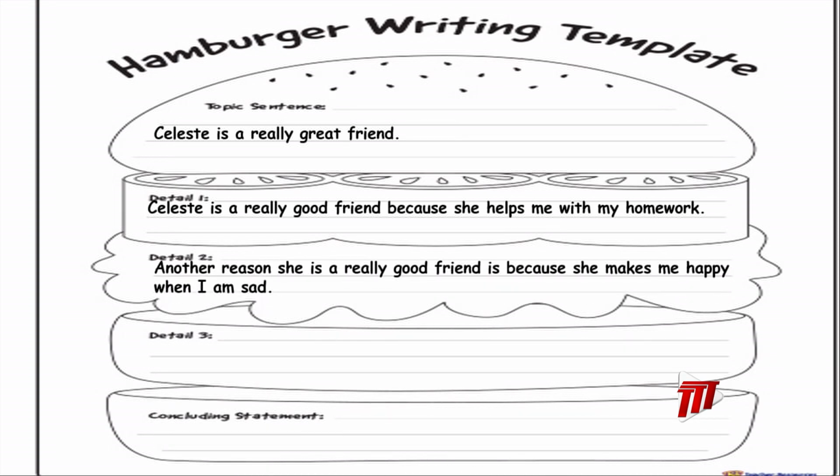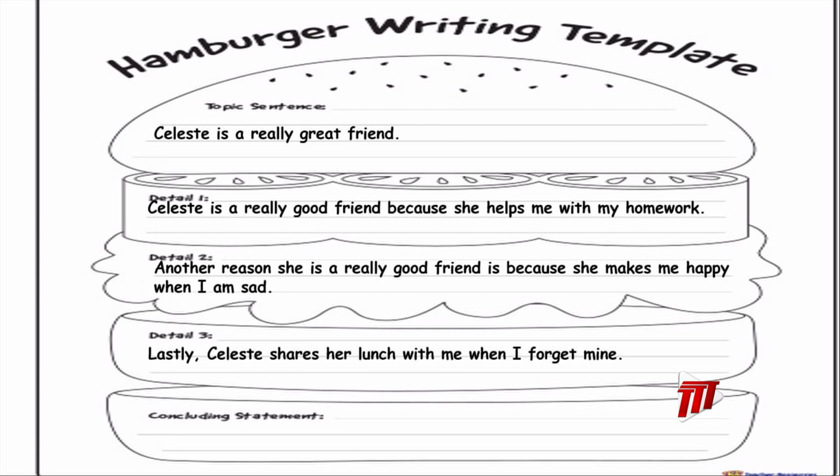Another reason she's a really good friend is because she makes me happy when I am sad. So we have another fact about why Celeste is your really good friend. And why is that? Yes, because she helps you when you are sad. She makes you happy. Number 3,